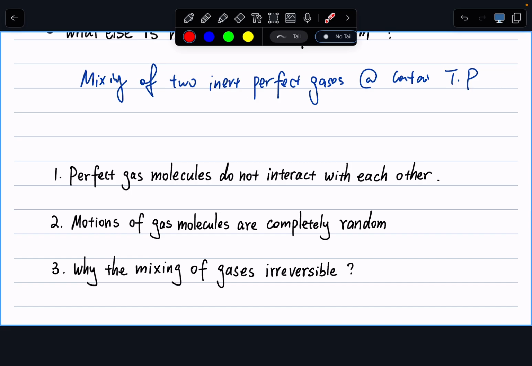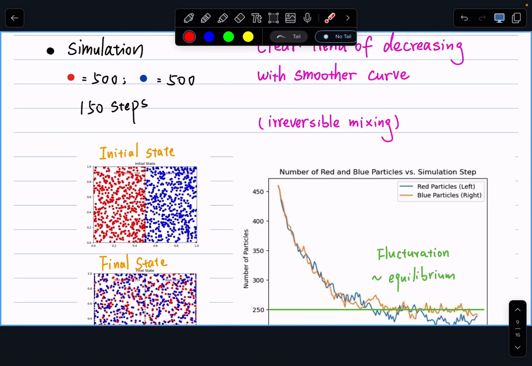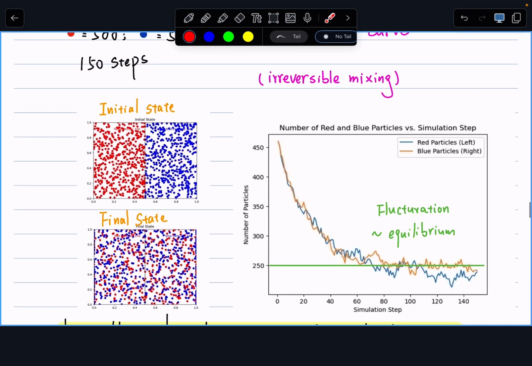Or the other way to put it is, what is maximized at equilibrium? So I did a little simulation here. I'll post my code. I wrote a little Python code to do the simulation. Remember, initially let's imagine we have two different types of ideal gas molecules, red and blue. In the initial state, we put all the blue on the left and all the red on the right,